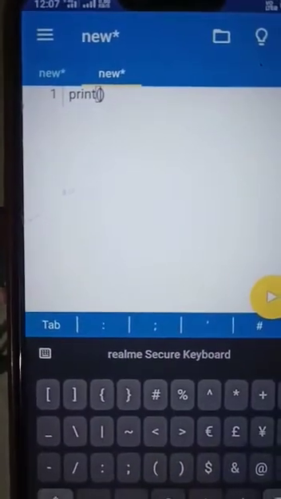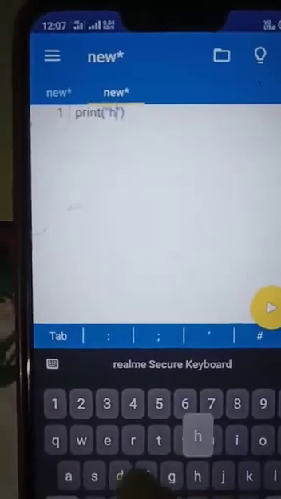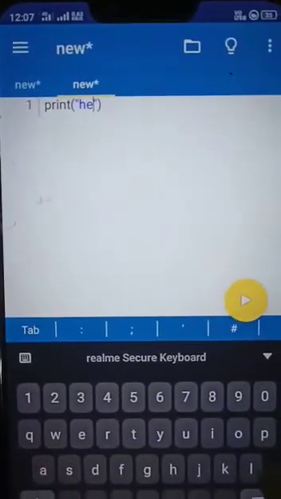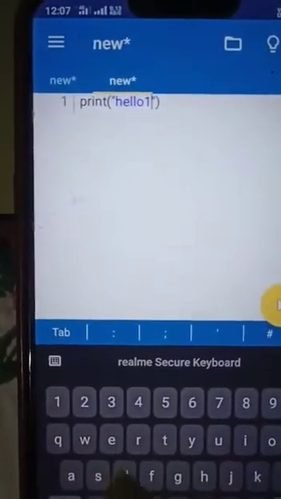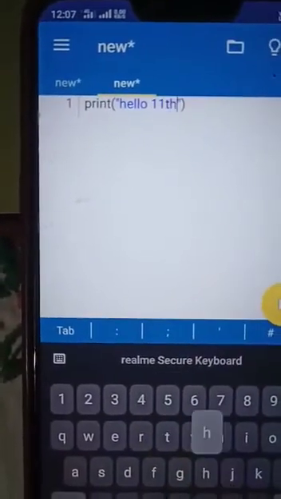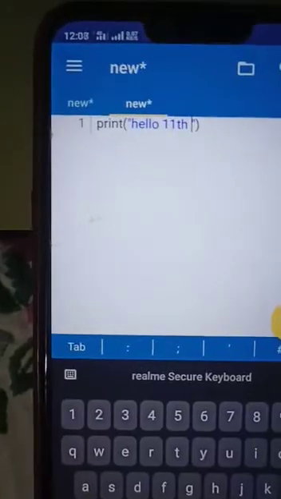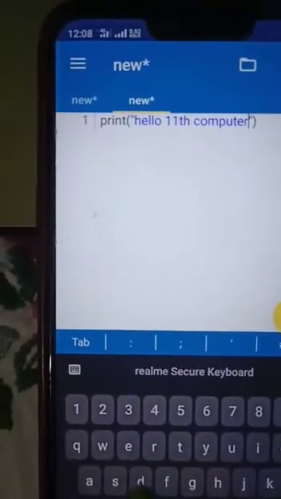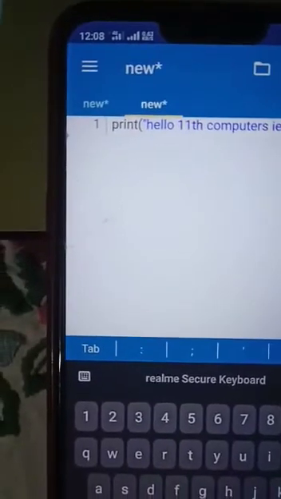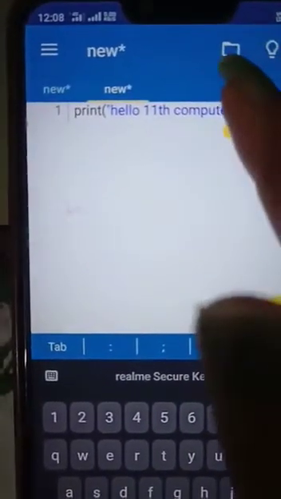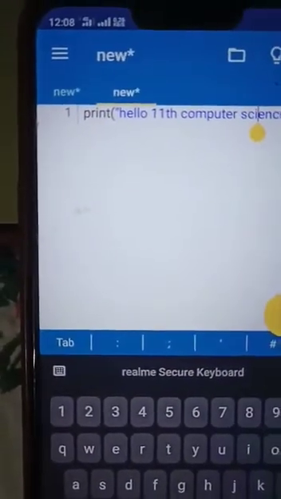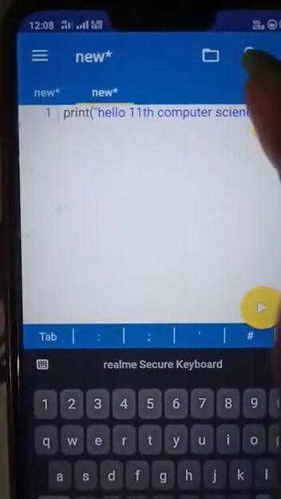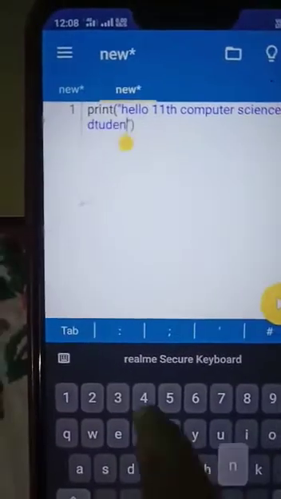Again right here print, and write another program like hello eleven computer science students